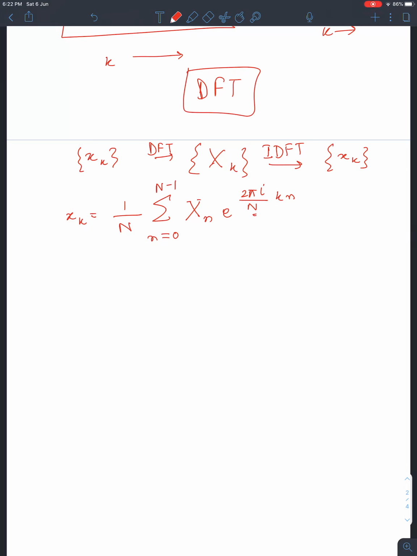So what is this N? Capital N is the total number of points, as you can see, and the small n is this counter n. If you are confused, you can use something else instead of this n. You can use a j or whatever you want. So this capital N is the total number of points that you have in the series. So that is what it basically is.